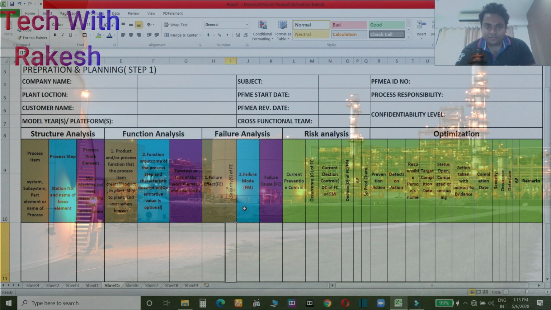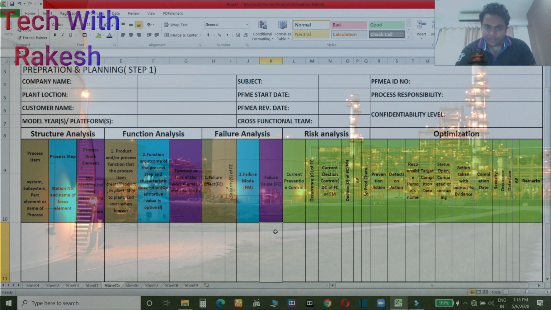So like that. In failure analysis, second is failure modes. So what are the modes? So here suppose that your function outcome was diameter. So you have to write here diameter. It can be beyond the parameter, it can be less than the parameter. So you have to write here the failure modes. In failure cause, what are the causes of the failures of your process item or process step? So here you have to write. So it can be man, machine, material related.